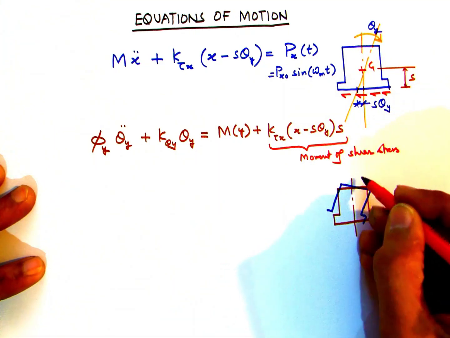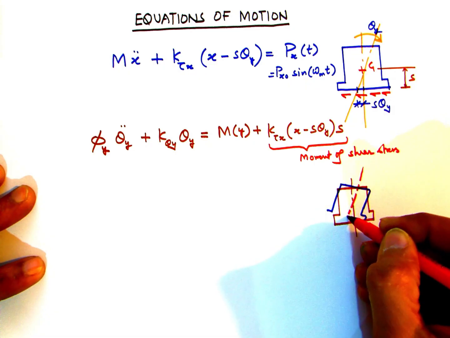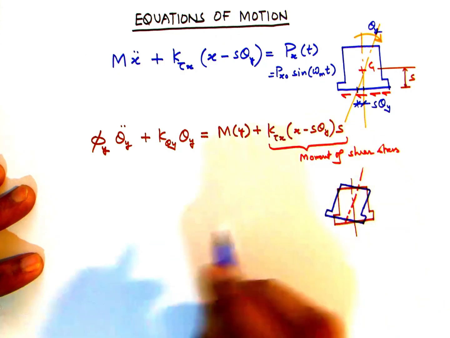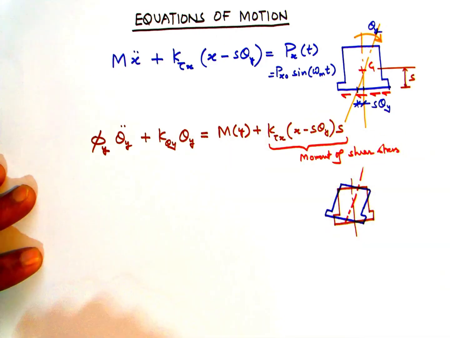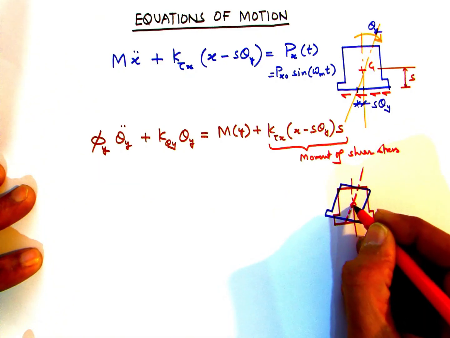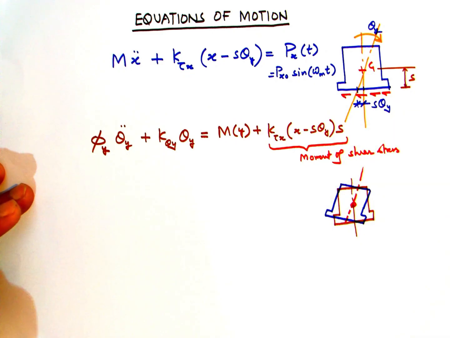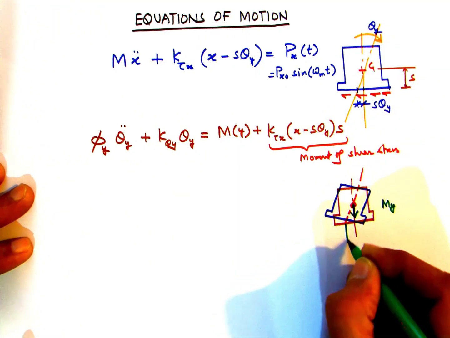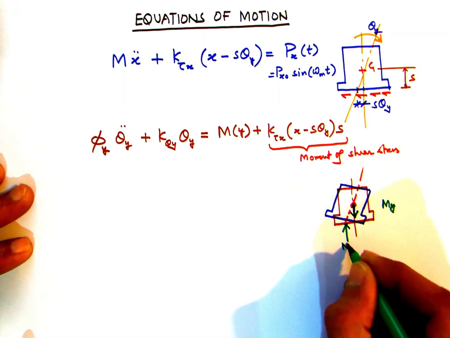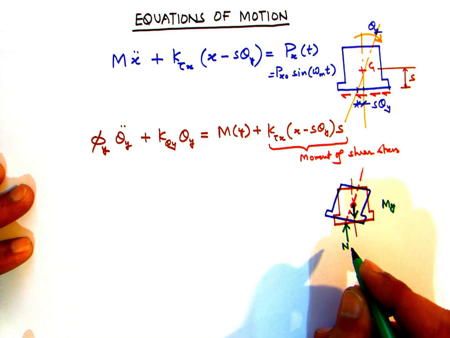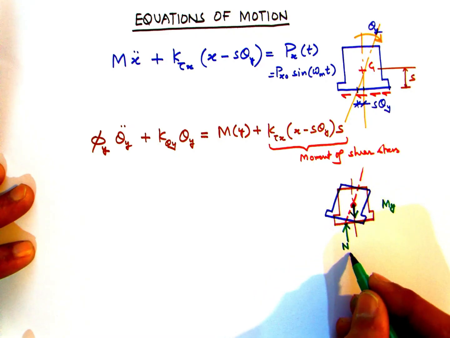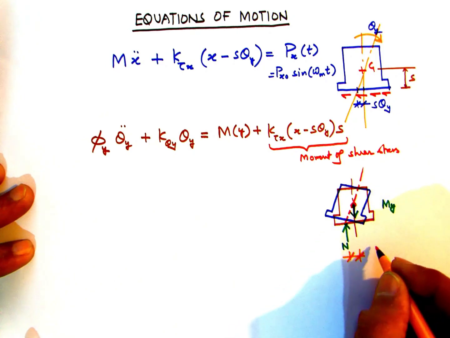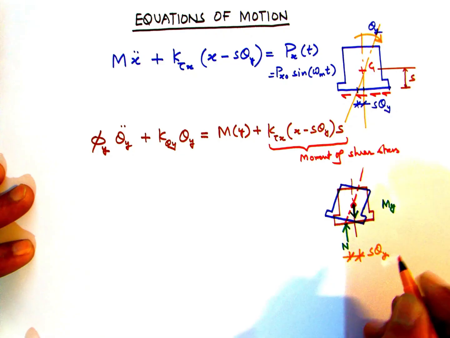Then there will be an overturning moment formed by the pair of the weight of the block and the normal reaction as shown here. So the overall weight of the block acts from the overall CG, and then the normal reaction acts from the midpoint of the foundation. So the two have a distance equal to s theta y, and how does this s theta y come? Basically